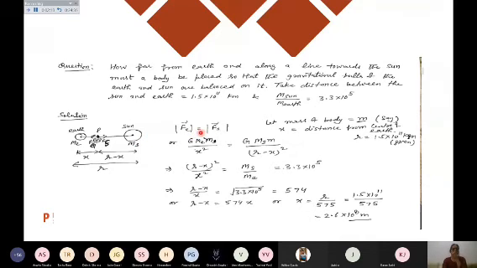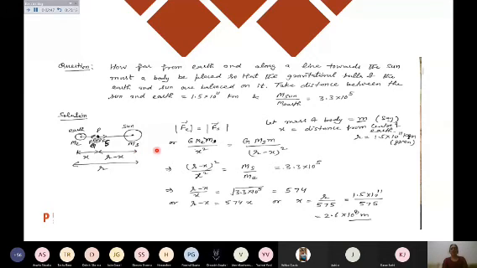Then when I'm equating these magnitudes, again by using the gravitational force formula, G Me m, the force between the Earth and the given body, which is having the mass m, should be equal to the force between the Sun and the given body. So given body, I'm assuming the mass is m. The distance between Sun and Earth is given in the numerical question, 1.5 into 10 to the power 11 kilometer. This I'm assuming r.